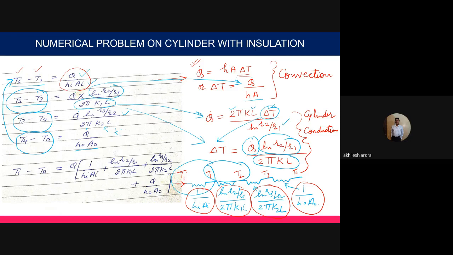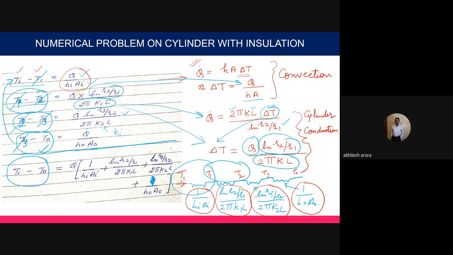Now what we can do is we can add all these temperature differences. I think there is some mistake here. It should be T1 minus T2, it should be T2 minus T3, and it should be T3 minus T naught. So when we add it, T1 and T1 will cancel out, T2 and T2 will cancel out, and T3 and T3 will cancel out, and we are left with Ti minus T naught, and this won't be here, it would be 1 actually.